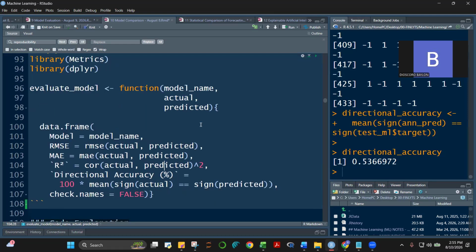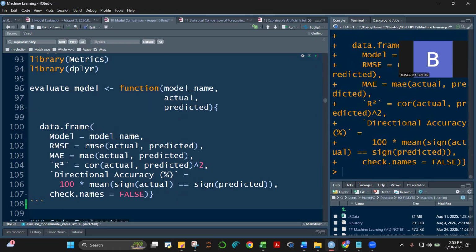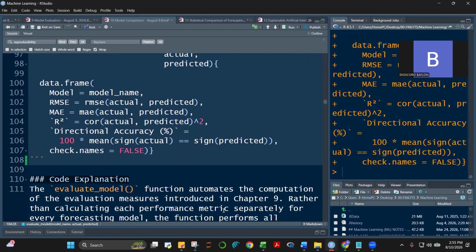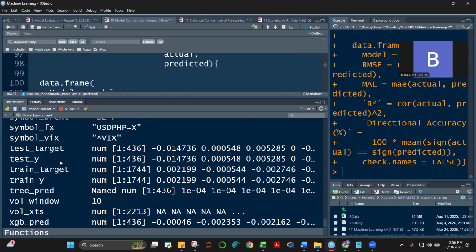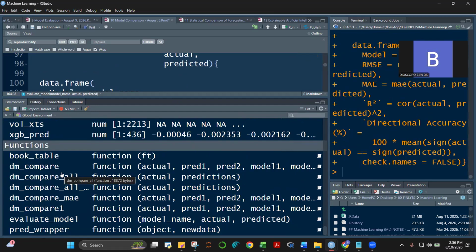Okay, so let's run this. So now we have evaluate model. Let's take a look at our evaluate model. What is inside our evaluate model? We created an evaluate model here. It is in the function.